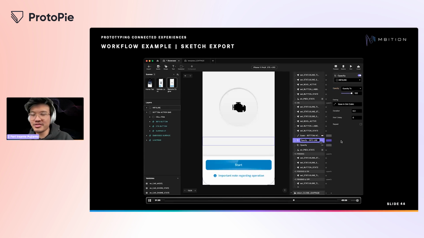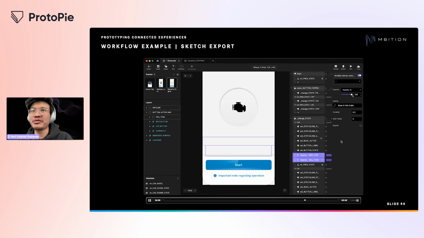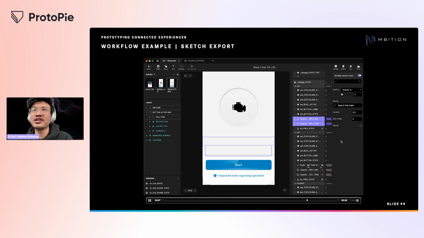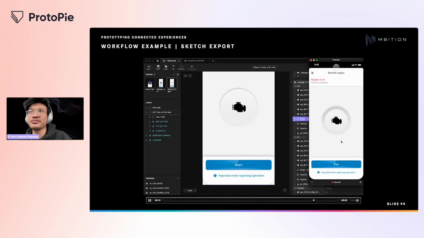Renaming the response is also a good idea, so that we know later on. And obviously, after that, we would want to do the opposite for the off engine state. So changing the opacity to 0 and scaling back the bottom action bar to 150. You see that in motion, and yeah, it's behaving as expected.